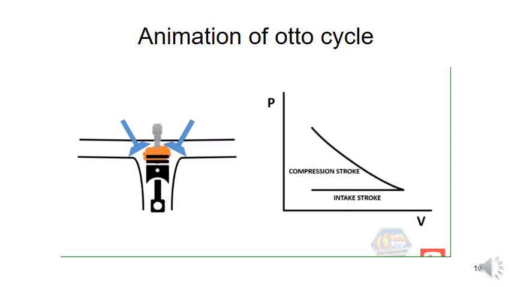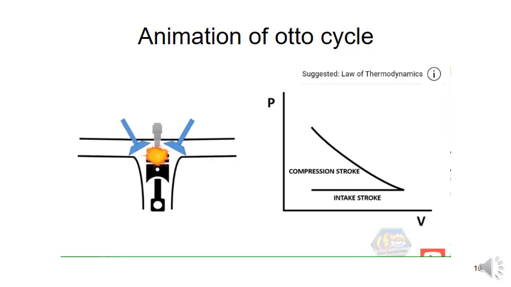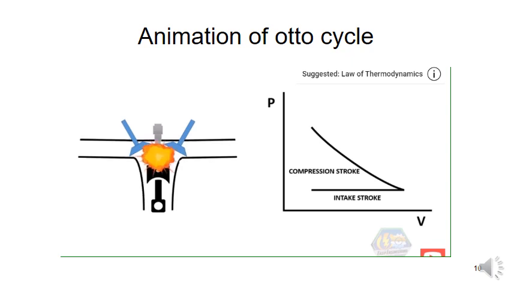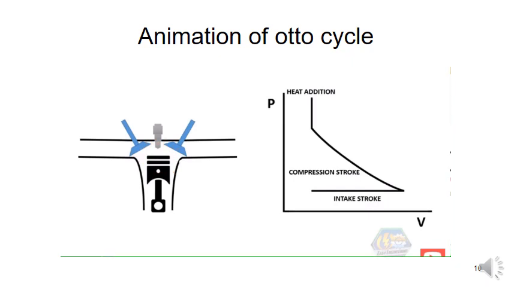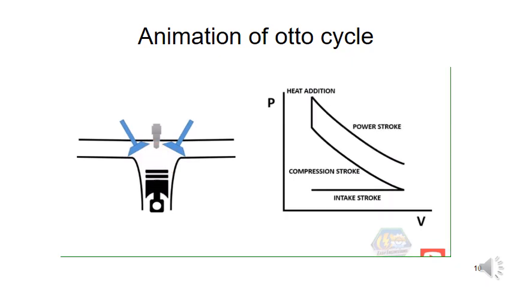Before moving to the third stroke, we will need something to give us power, and that is where the combustion comes in. Here, the spark plug now ignites, provides heat to the fuel and oxygen, which will produce combustion. The combustion here is also called ignition for the engine. Now we can move to the third stroke, utilizing the energy from combustion. Here the pressure decreases and the volume increases. And this stroke is what we call the power stroke.